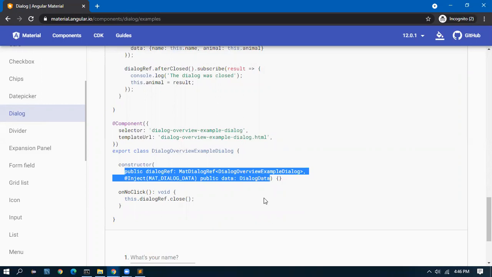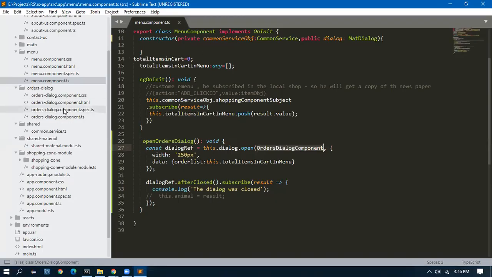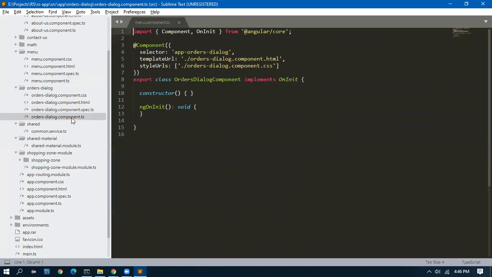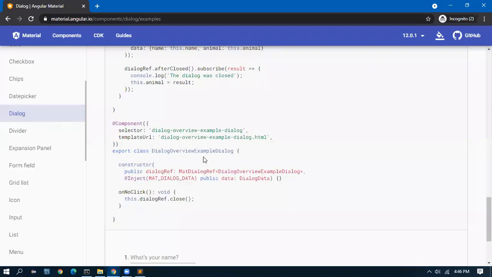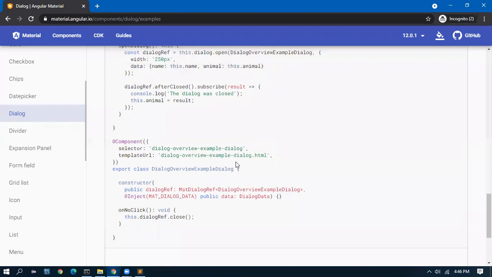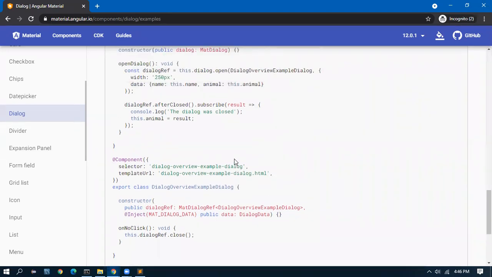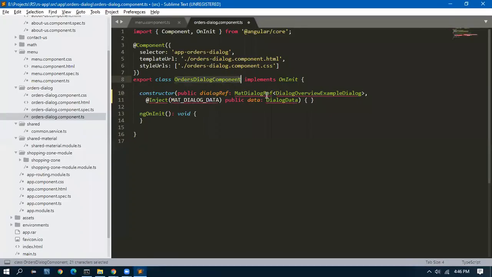In the pop-up, here is our pop-up. In the constructor, I have to give this. And instead of this, I have to give the page. These are all syntax.